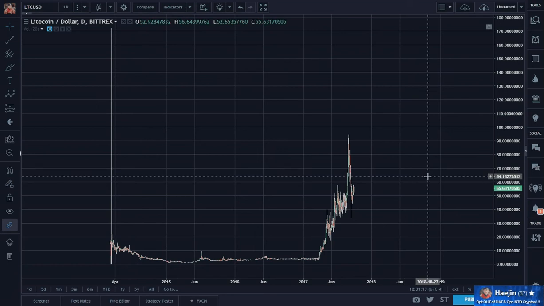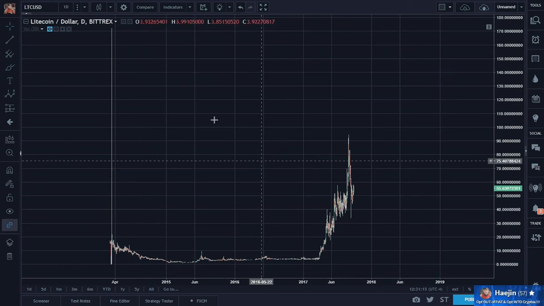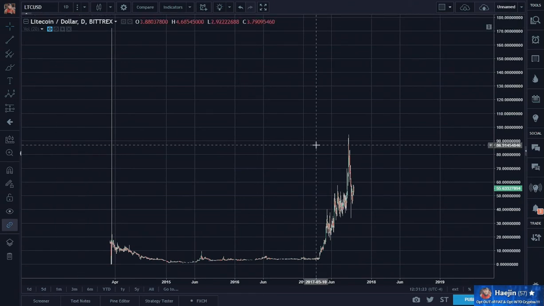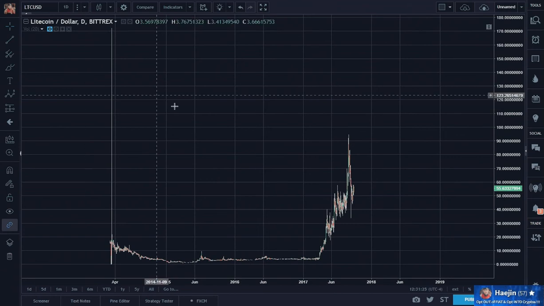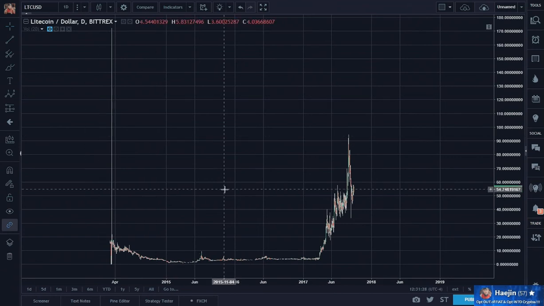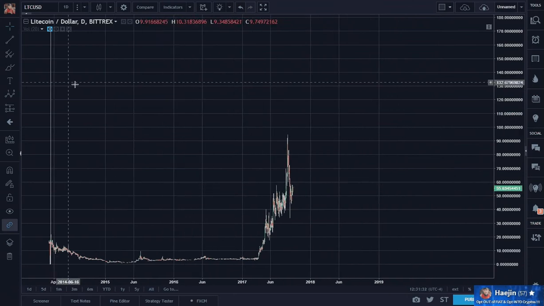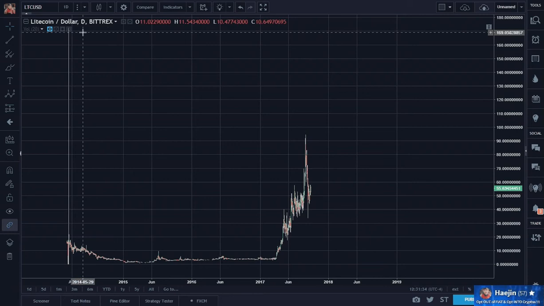Here is a chart of Litecoin on a daily scale. The data feed I'm using is from Bittrex. I like the Bittrex data feed better. Usually they go back the farthest, which is great. So here is the daily scale we had, whatever this was back in